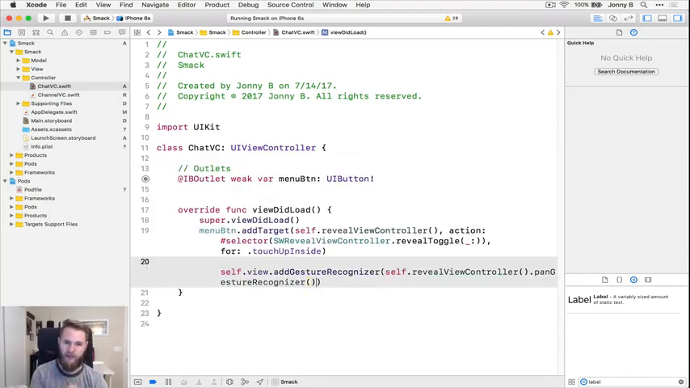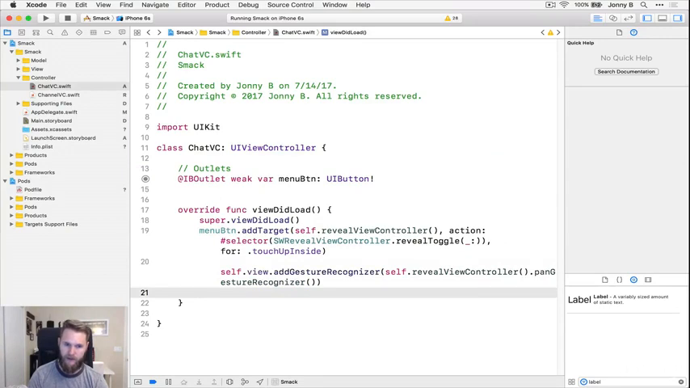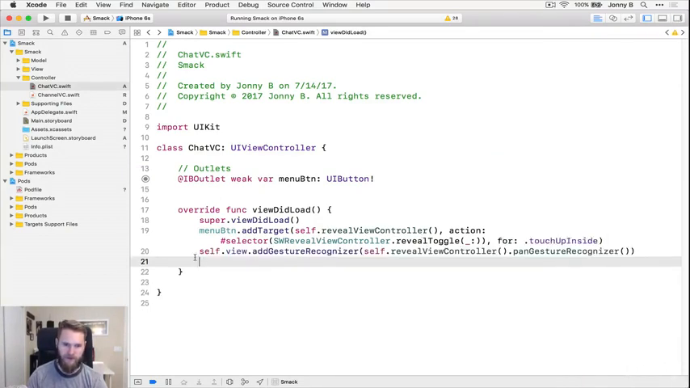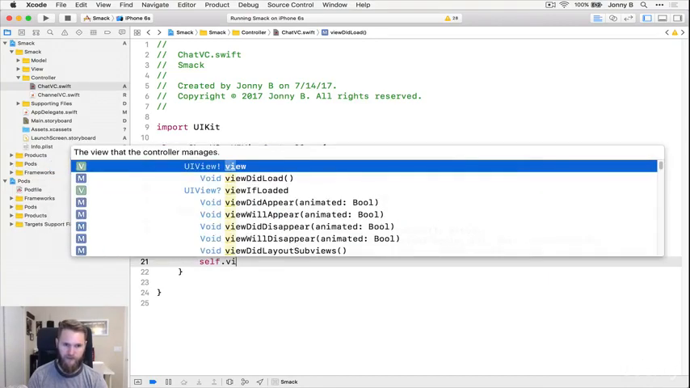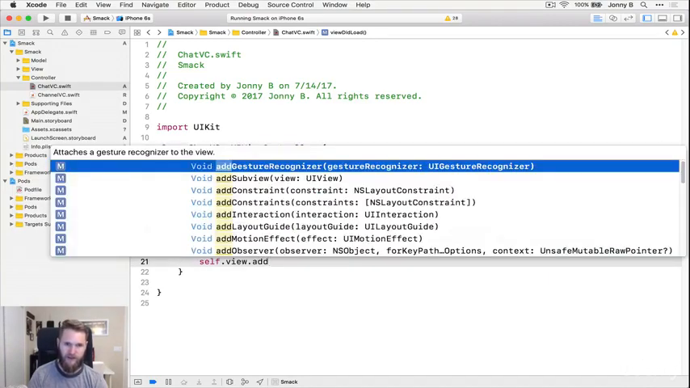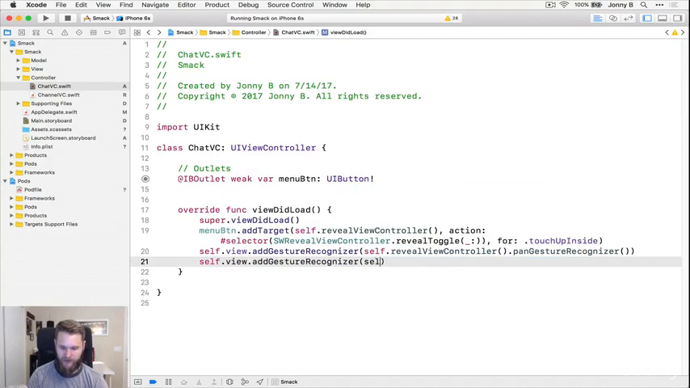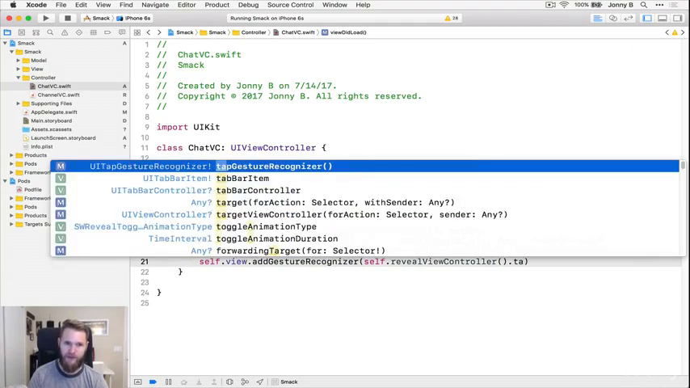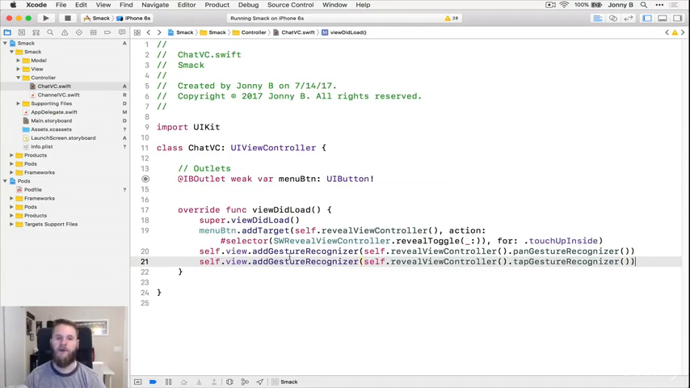So this is the slide to open it up, and then the tap one. Let me go ahead and just close this right here so that looks better. I'm going to say self.view.addGestureRecognizer and self.revealViewController.tapGestureRecognizer. Okay, so all we're doing is adding gesture recognizers that are already built into the